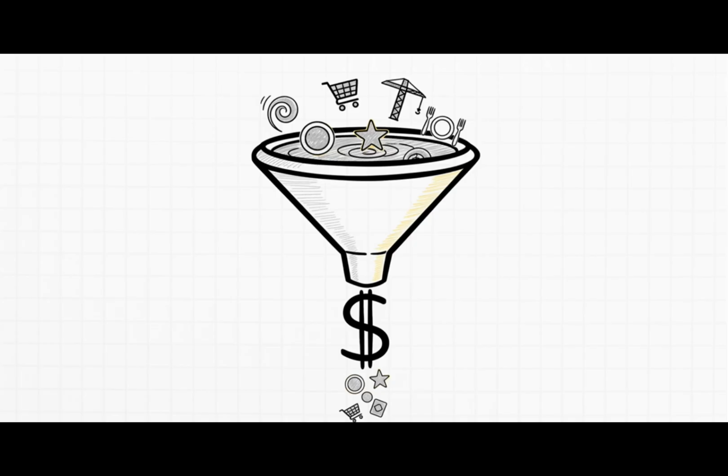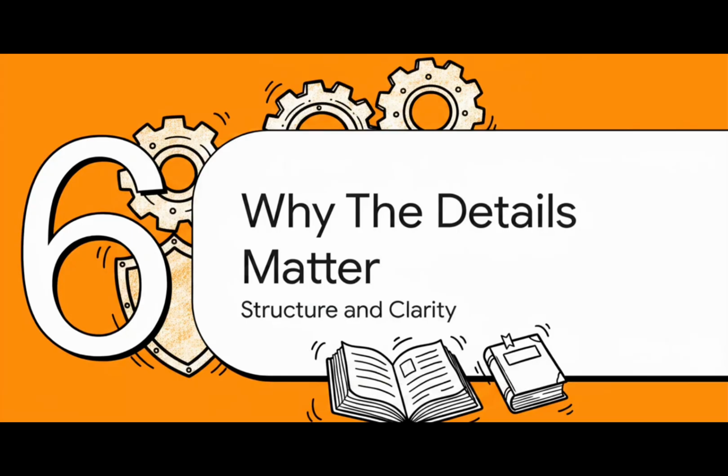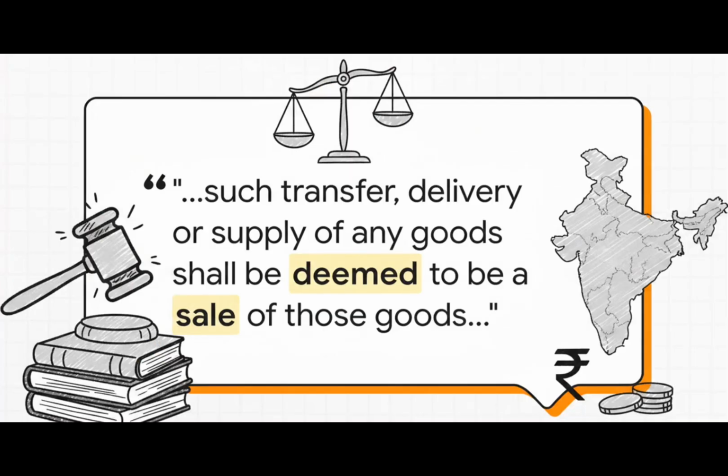The very same overlooked section of the Constitution sets the rules for both a president's immunity and the tax on your lunch. So let's bring it all home. The shield in Article 361, the rule book in 361B, and the dictionary in 366, these aren't just random bits of legal clutter. They are the essential gears that allow the big, grand principles of the Constitution to actually work in the real world.